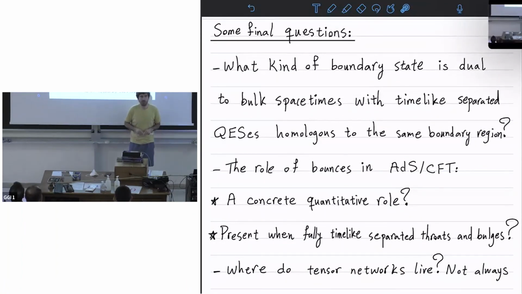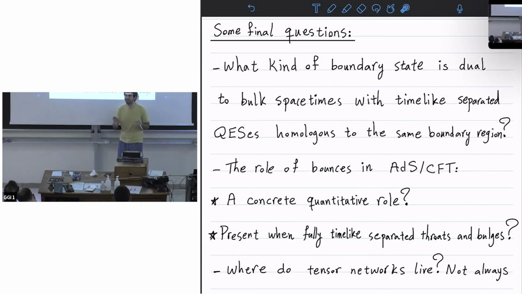Okay, so a question that I would really like to know the answer to is what kind of boundary state is dual to these situations where you have bulk quantum extremal surfaces that are time-like separated from each other. Like, as I said before, can you form a black hole from collapse and do something physically reasonable to it, couple it to some reservoir, act with some unitaries, do something that produces time-like separated quantum extremal surfaces? And if not, why not? Here, you could say, well, who knows if there's an interesting boundary dual to this. I don't know if the answer is yes or no, but one concrete thing I can say